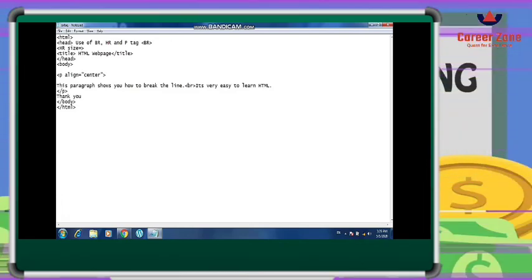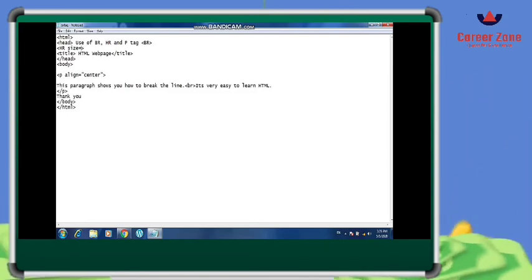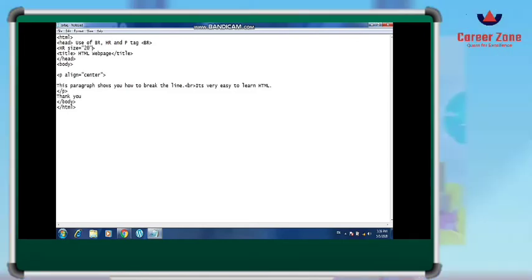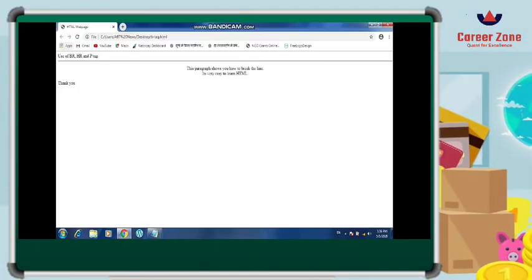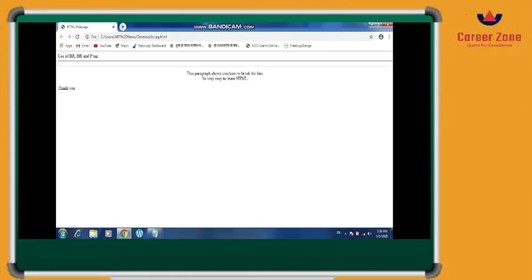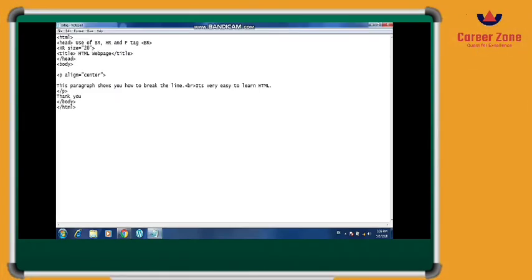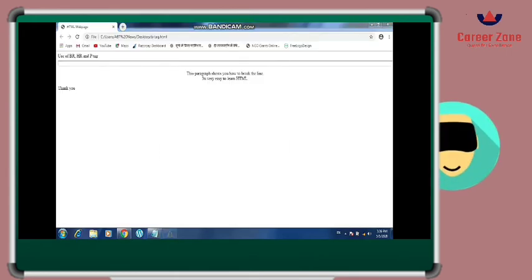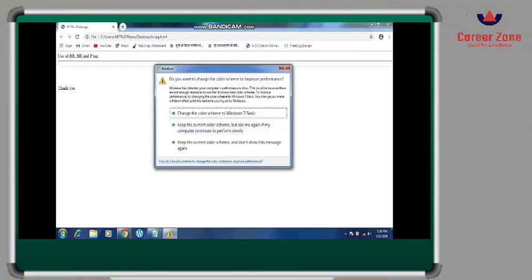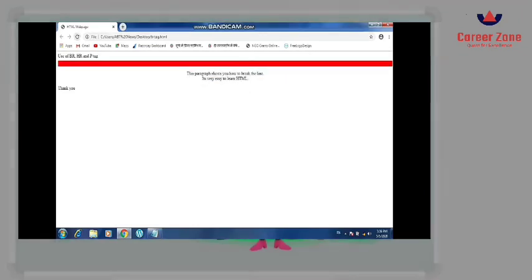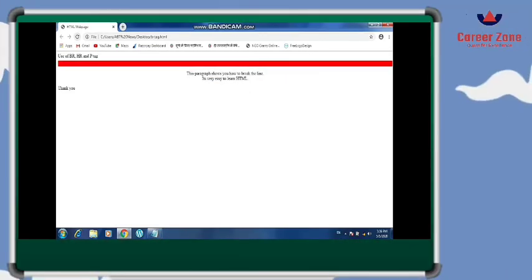It has 4 attributes. The first one is size. I am defining the size here, size is equal to 20. Once I define the size, it automatically increases. If you want to fill color in it, you have a color attribute. Again, the spelling of color will be COLOR, not COLOUR. And you can write any color of your choice enclosed in double quotes. Okay, so see, when I refresh it, the color changes.